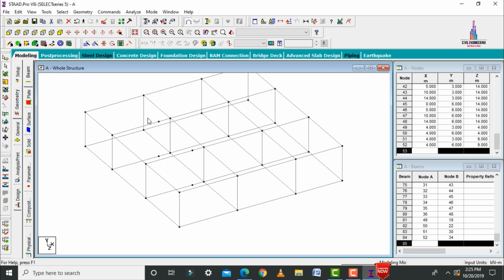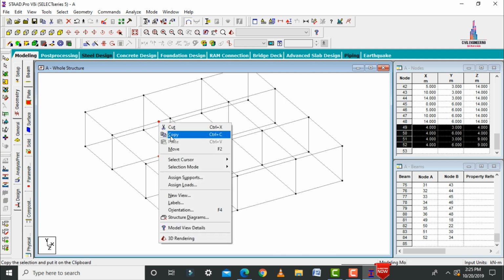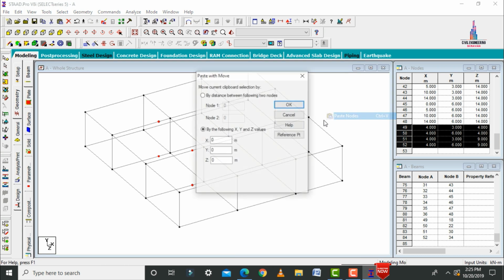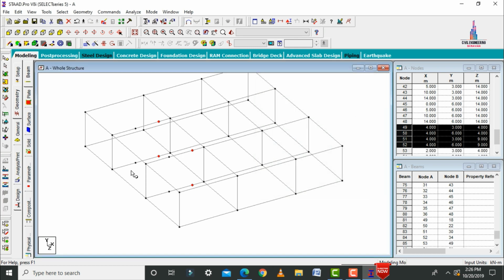After that we have to copy this node point to some distance here. Okay. So here I am selecting the node cursor. Just select this node. Again I am selecting the nodes here like this. Select these nodes. Click on copy option. Click on paste nodes, in x direction distance, which is a minus value, approximately I am considering it as -2. So click on OK. It will copy your nodes.